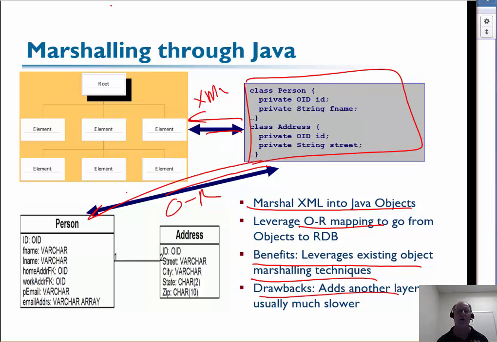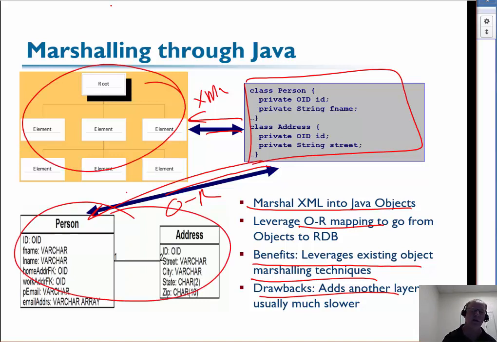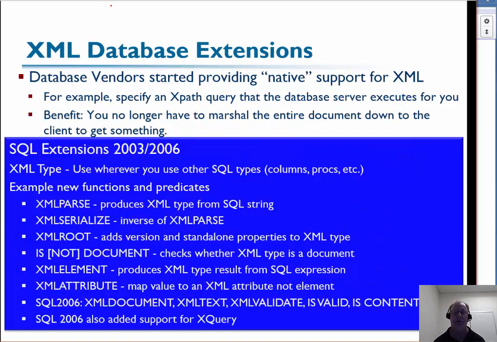I've got more code, it's more layers it's got to go through to get to the format I want. Maybe I really want it in a database, maybe I really want to go from the database to here, but now I've got to go through an intermediate format, and of course that's going to be slower. That's just the nature of the beast. There are other options, right, other than the three I've just talked about.